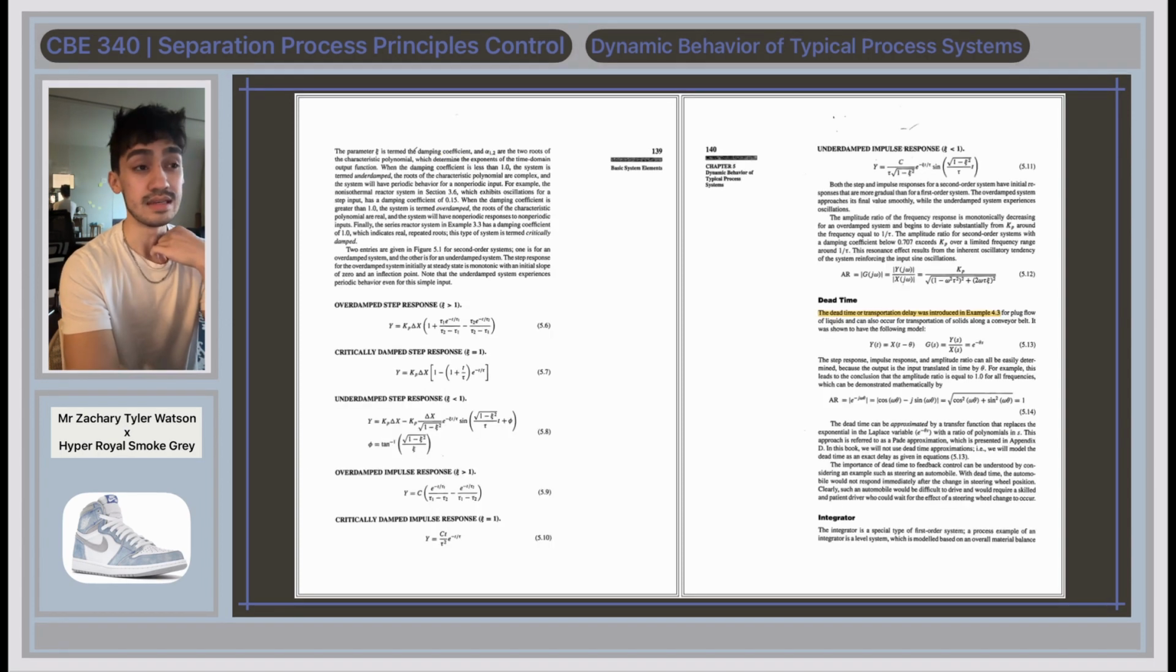So as I was saying, the parameter t is termed the damping factor, and alpha are the two roots of the characteristic polynomial, and they depend on exponents of the time domain output function. When the damping coefficient is less than 1, the system is termed underdamped. The roots of the characteristic polynomial are complex, and the system will have a periodic behavior for a non-periodic input. For example, the non-isothermal reactor system in section 3.6, which exhibits oscillations for a step input, has a damping coefficient